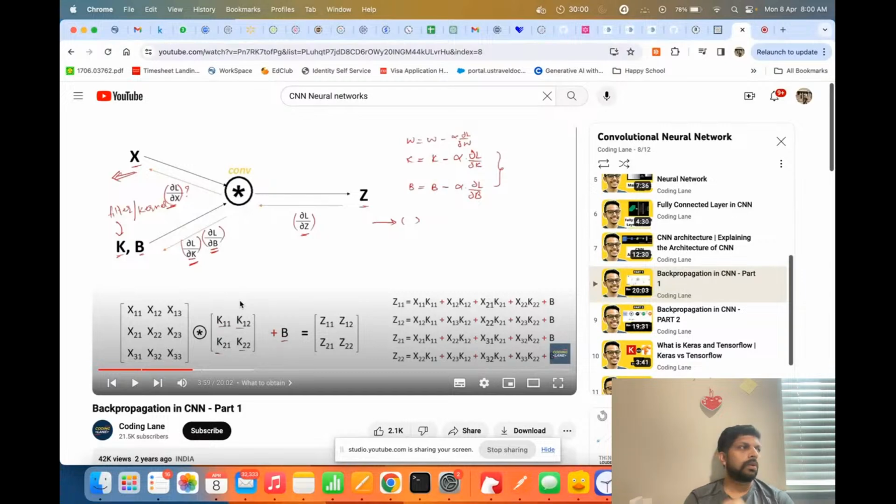What is this? Now, you break it down, a 3 by 3 matrix, into 2 by 2, 1, 2, 3, 4, 4 parts. We're breaking it down into 4 parts and passing it through. It's like we're breaking down to 4 parts and passing it to 4 neurons. 4 neurons will apply